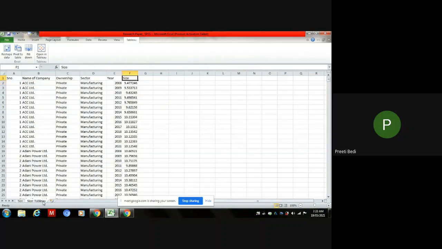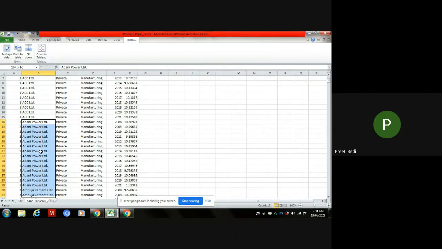So like this, I have converted the entire data. You can see the name of the company. Since I had 14-year data, the name of the company is reflected 14 times. So you can see the count is 14. For each and every company, the name is reflected 14 times, because we have transposed the data from 2008 to 2021.